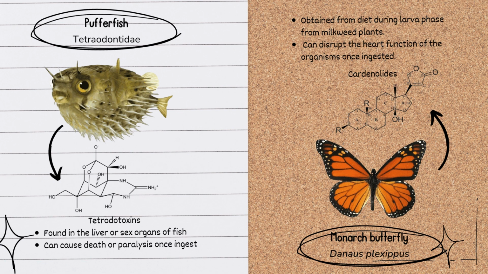The last organism is the monarch butterfly. The monarch butterfly has a poison called cardenolides stored in its body because it eats it when it is a caterpillar. This chemical can help with heart problems but can also kill people if they consume too much of it. The predator that ingests this butterfly might die, especially vertebrates. The compound acts by disrupting the predator's heart function by inhibiting the sodium-potassium pump. Additionally, same as the frog, it has a bright orange and black coloration acting as a visual warning to the